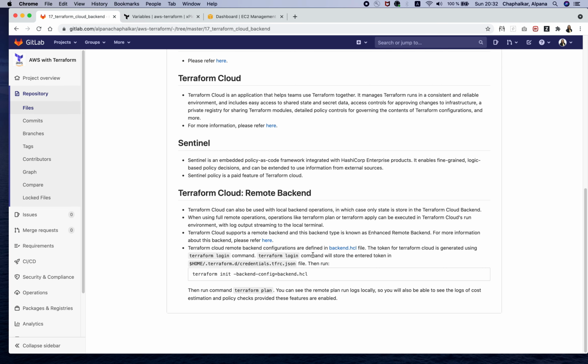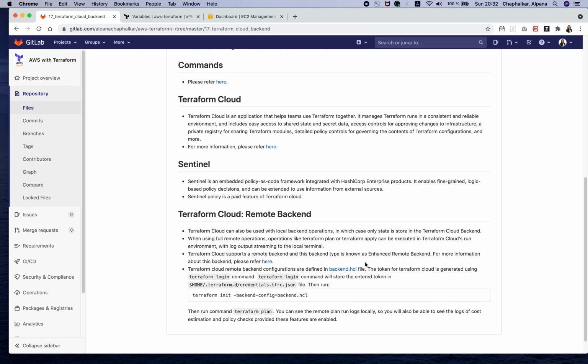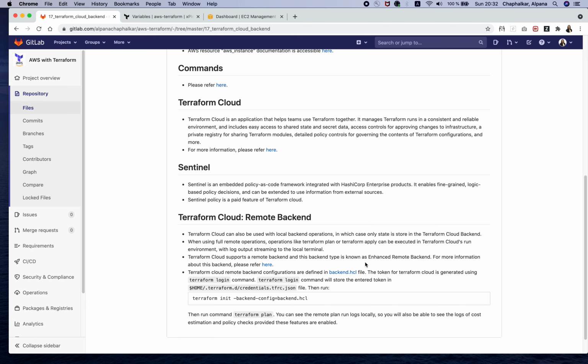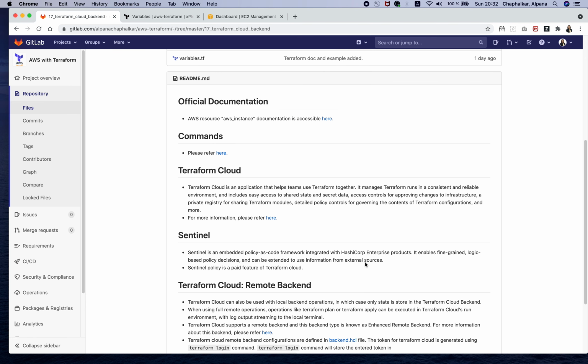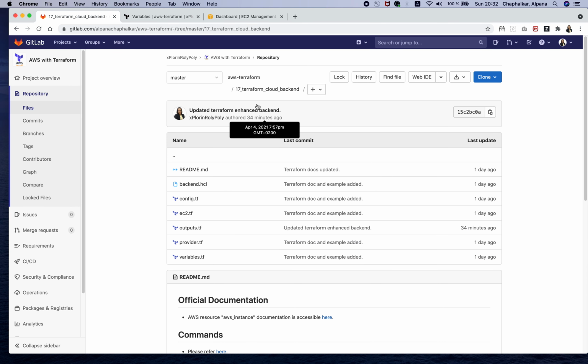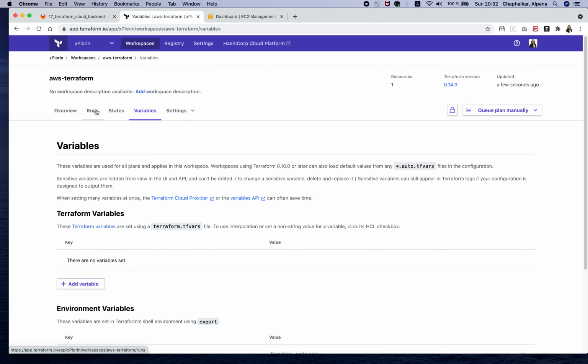The token is required, and you can generate the token using the terraform login command. It will be automatically saved in this location. Then you have to run the terraform init command to initialize the backend locally, and then run the terraform apply and terraform plan commands locally. The interesting thing is that when you run the terraform apply or terraform plan command locally, you see the logs which are getting executed in the Terraform Cloud.